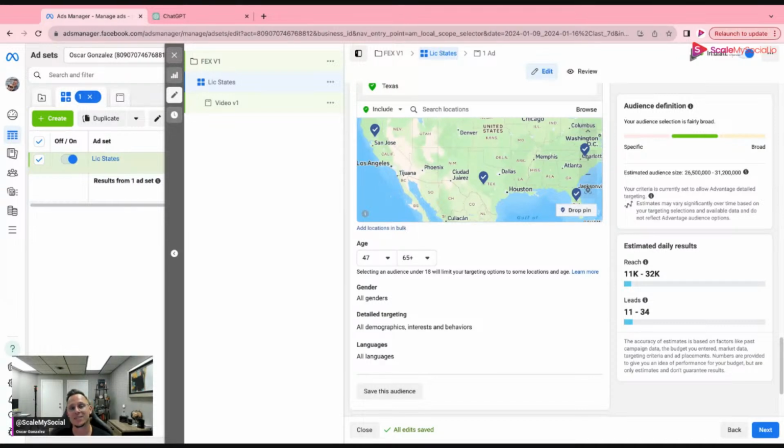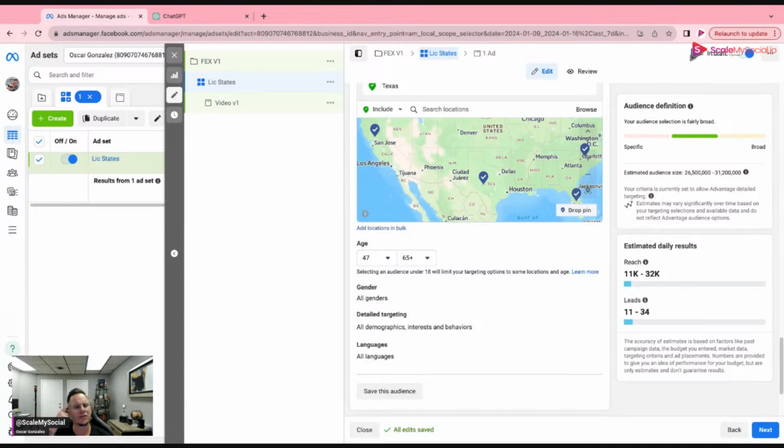So it's going to use that past data, that past history, to then say, okay, of these 26 to 31 million people, let's create a smaller audience of maybe 2%, 3% of that total amount. And that's who Facebook will show the ad to initially. If it cannot find your audience and create conversions for you within that initial subset, it then will create smaller subsets around it, smaller pockets of audiences to try to narrow down who your target audience is and find you